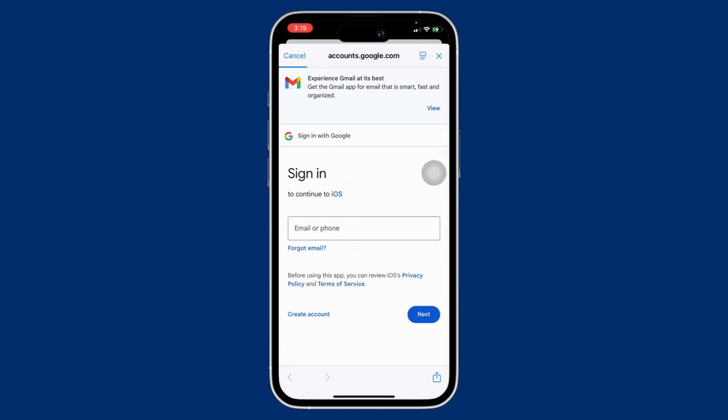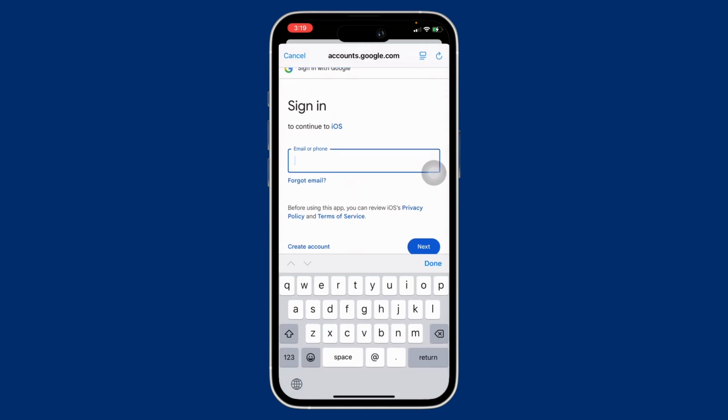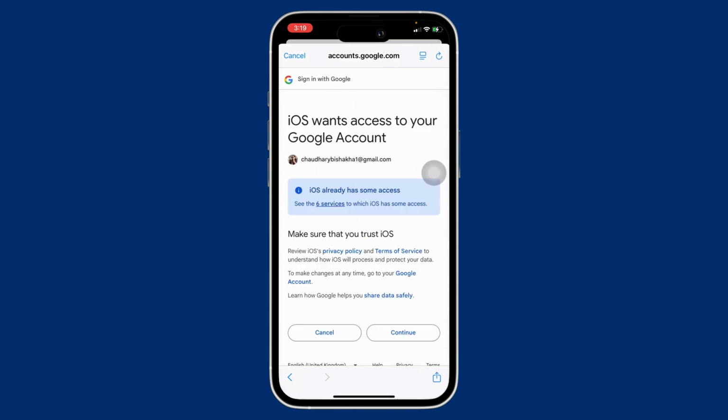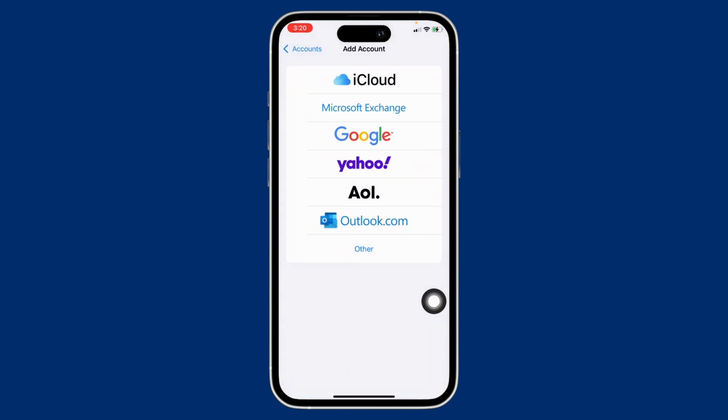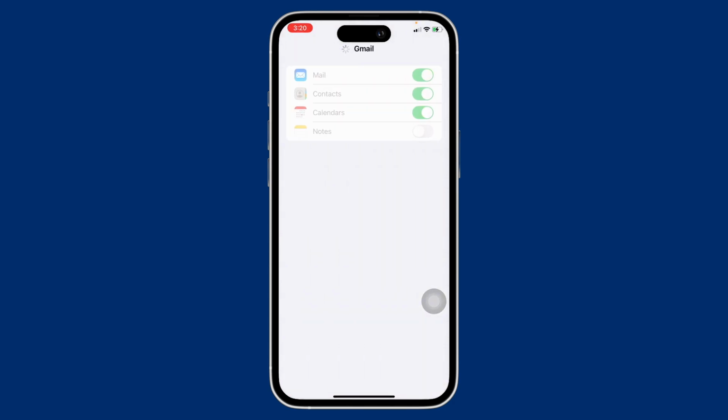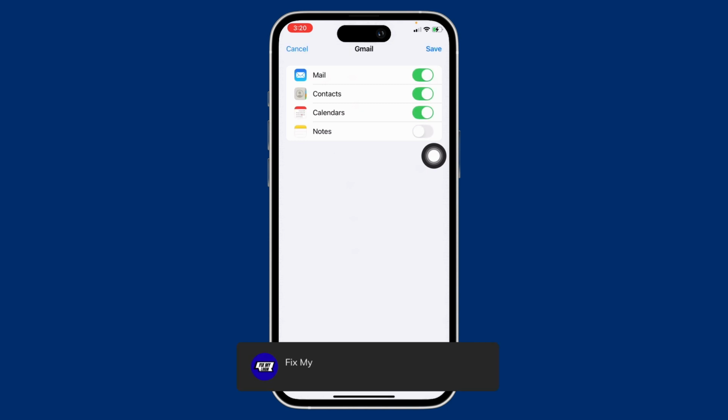Further, you will be required to enter your email ID and the password for the account that you are looking forward to add. So go ahead and enter the required details, that is your email and your password. Once entered, you will be required to tap on the Continue button you see there. So tap on the Continue button and with this, as you can see, your Gmail account has been added to